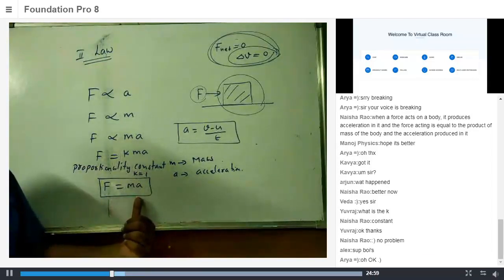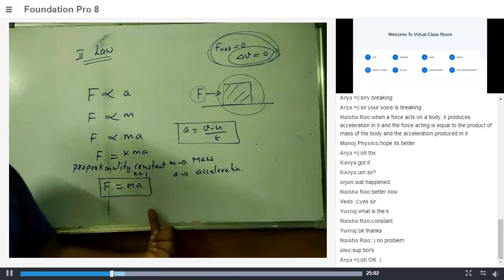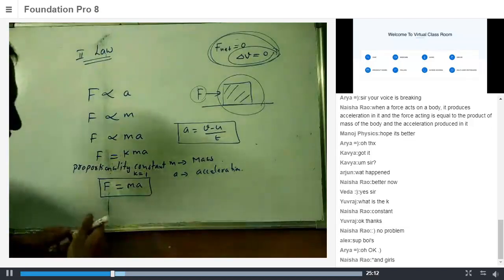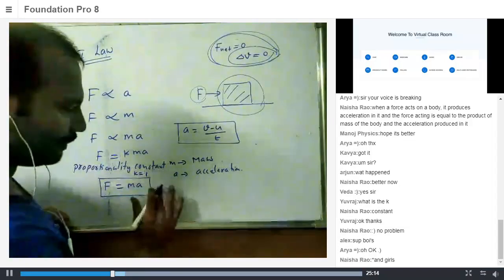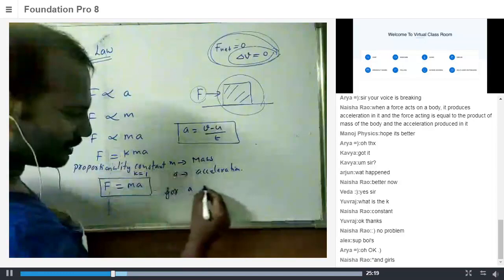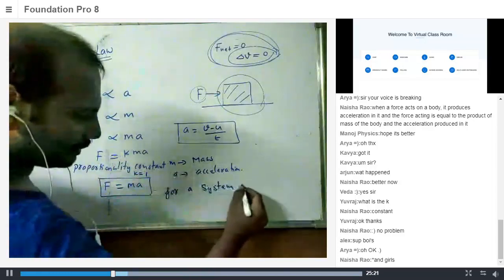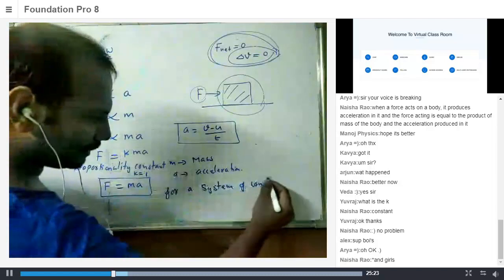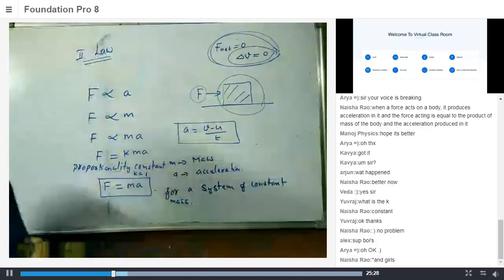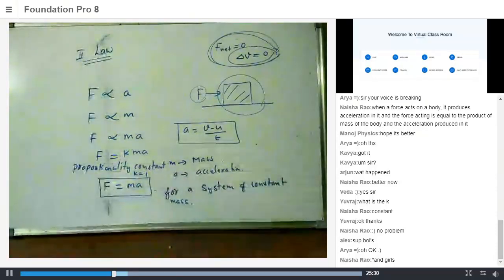If the mass of the body is not constant, I cannot use this. So in class 8, we'll only deal with situations where the mass of the body is constant. I hope it is clear. So here we'll write down under what condition this is true, when m is constant, for a system of constant mass. If the mass of the system is constant, then I can say F equal to mass into